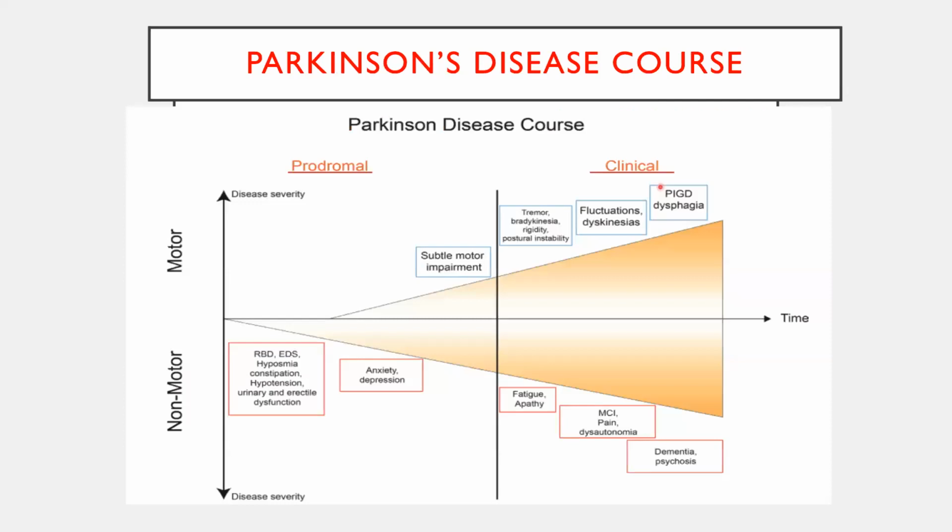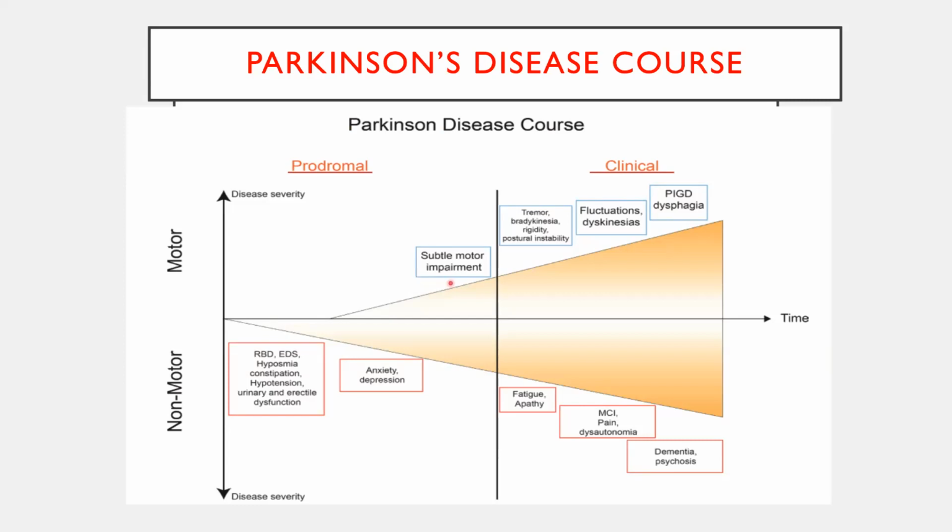So Parkinson's disease will be having a course, that is prodromal symptoms and the typical clinical symptoms. In prodromal, again you can classify the non-motor and motor symptoms, which will be very less in the prodromal state. Patient will be having REM behavioral sleep disorders, excessive daytime sleepiness, hyposmia, constipation, hypotension, erectile dysfunction, anxiety, depression. These are all the earliest prodromal symptoms of Parkinson's disease. Once the motor symptoms start, that time only we come to know that patient is having typical Parkinson's features. So whenever you are dealing with Parkinsonism, you need to inquire these prodromal symptoms also.